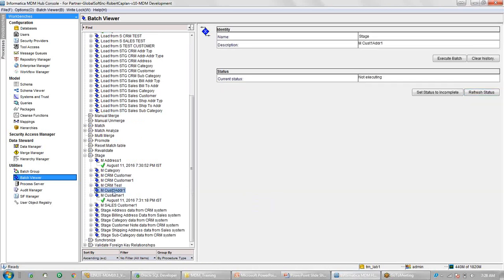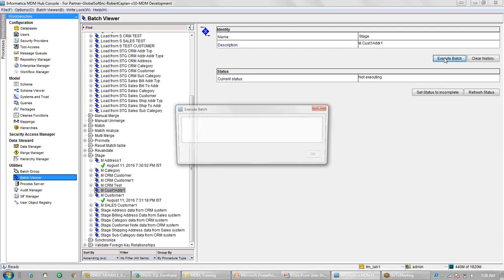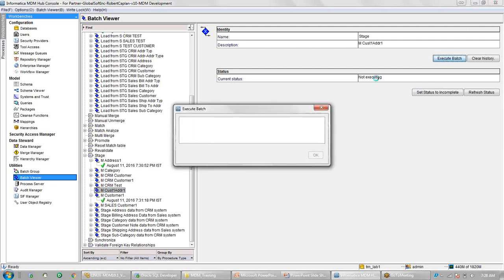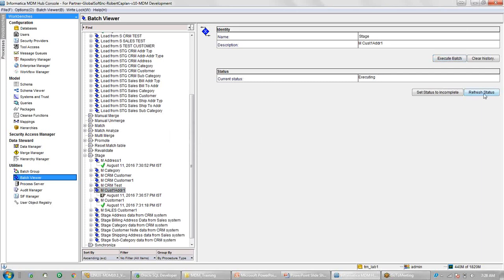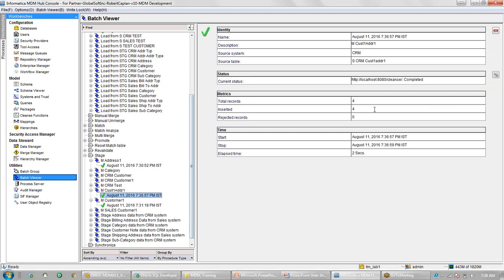So this is the name we had given, mcust1 addr1, for the mappings. So I need to run this. So there were 4 records. So in the staging table, all the 4 records were inserted.